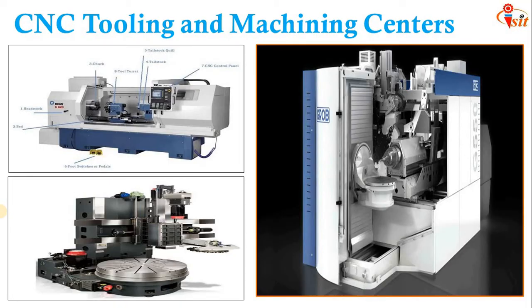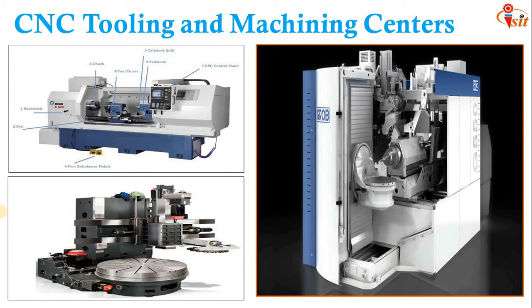In today's session, we are going to see CNC tooling and machining centers. The machining centers are an advanced version of CNC. A conventional CNC works with only one tool on one component, but at different locations turn by turn. Eventually, all machine parameters, though at different locations, can generate identical, similar results.